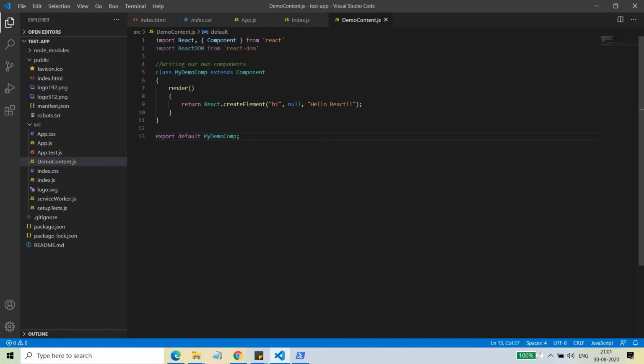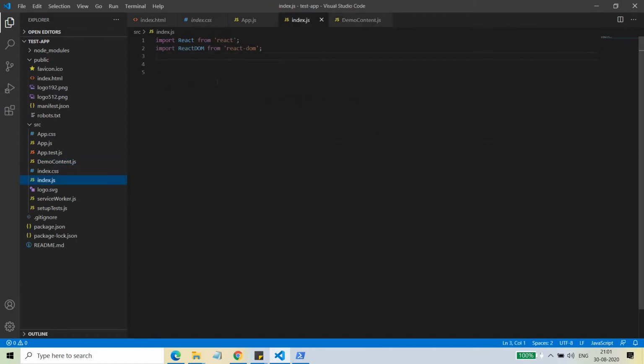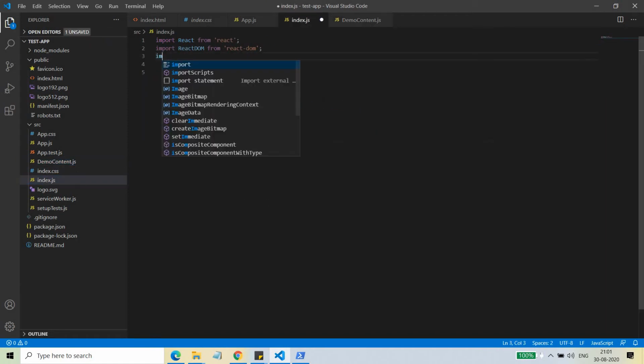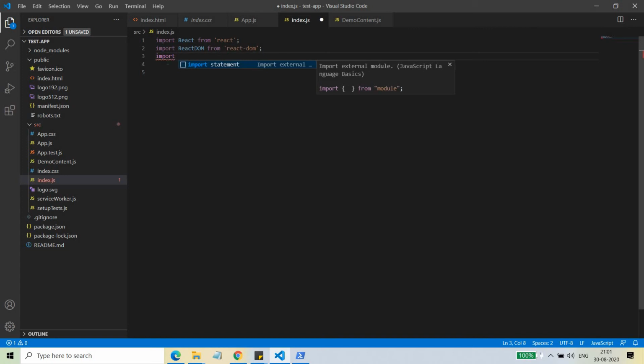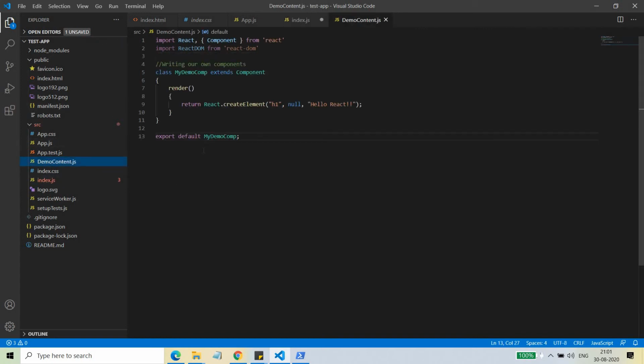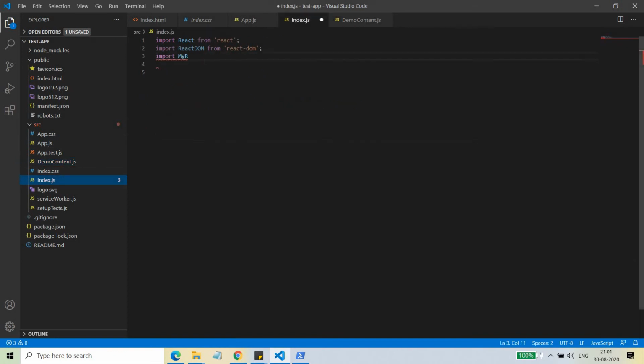This is basically the idea about the component, what a component is and what it returns and how it is rendered, right? So let's go to the index.js, and here I just need to import my demo comp, right? This is the name, my demo comp from